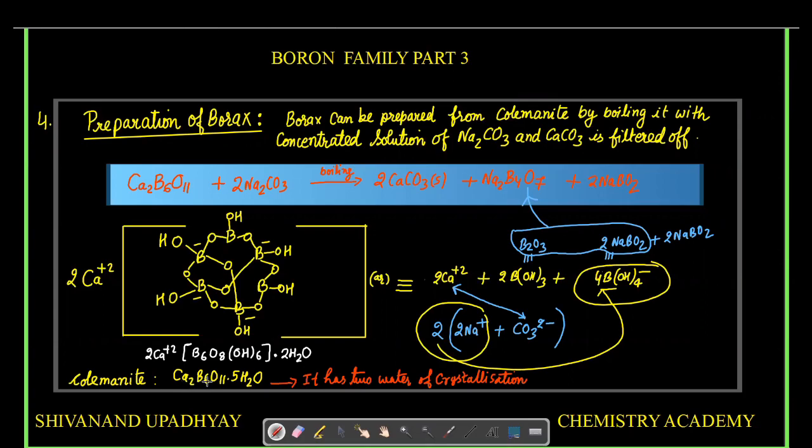So again here, if we draw the structure of this, these 2 calcium atoms are there. There are 4 boron atoms which have negative charge, right? So those boron atoms which have negative charge have tetrahedral units because they are making 4 bonds. And there are 2 which are triangular units, like this is a triangular unit and this is a triangular unit. So when I am writing the formula, the actual formula is this. There are 6 boron atoms. Like benzene, I am placing these 6 boron atoms, and these boron atoms are connected by B-O-B